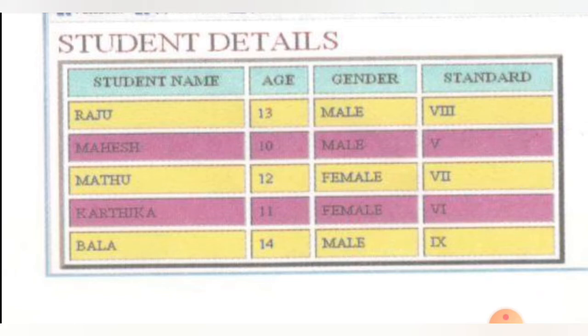Okay, so the first row shows the header of the table, and then the next rows, that is 1, 2, 3, 4, 5 rows, are entered. Five student details are entered in this table by using the TR or TD tag. Okay, so next we see about the next tag, that is